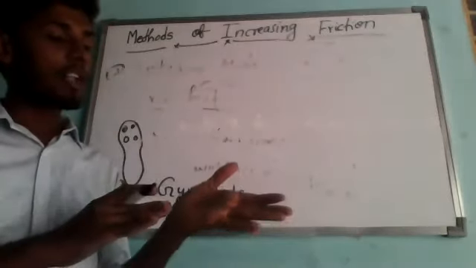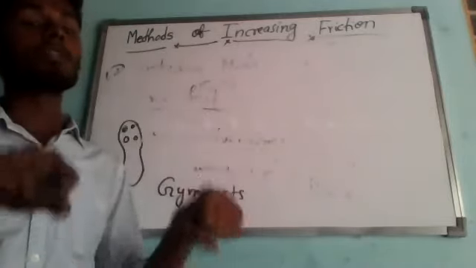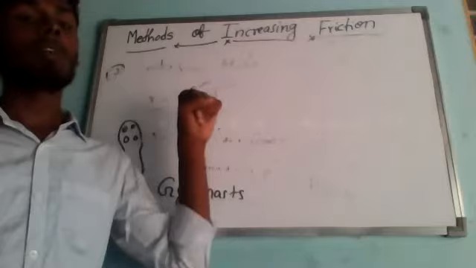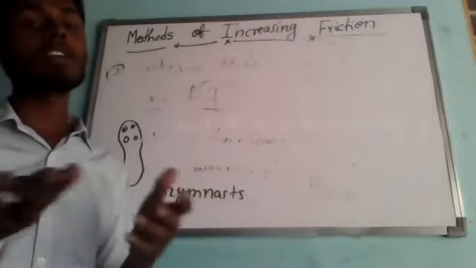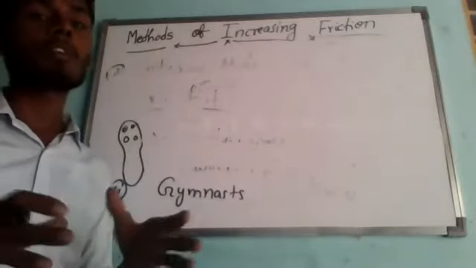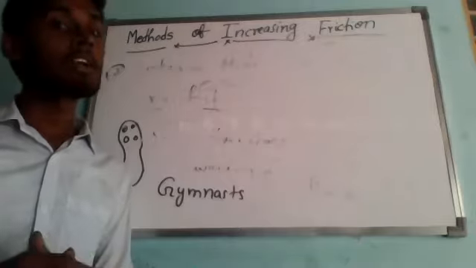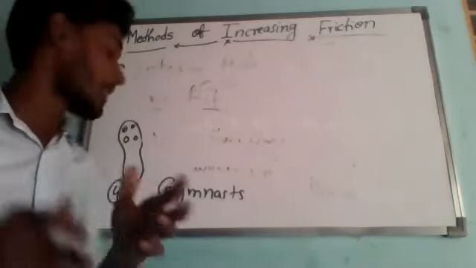And even when our palms become wet, it is very difficult to hold something, because if it is wet, then it is slippery, the smoothness increases, so it can easily slip. So gymnasts apply some coarse substances on their hands to increase friction for better grip. That is our next heading. So you just keep the heading.